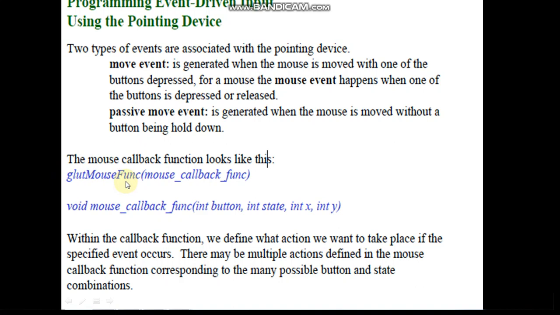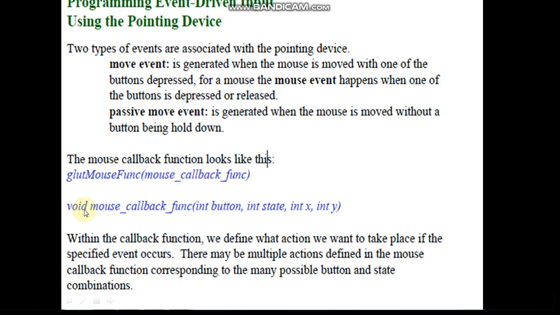Here we are using all GLUT library functions. The built-in function for registering a mouse callback function is glutMouseFunc, and the callback function we are introducing is something like mouse_callback_function. It's a user-defined function. We should write the functionality within this.